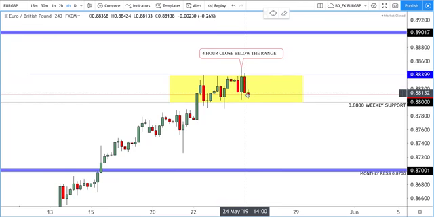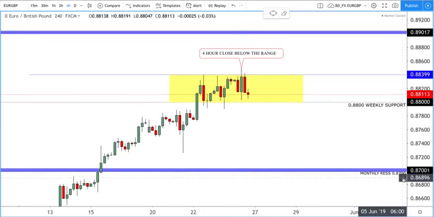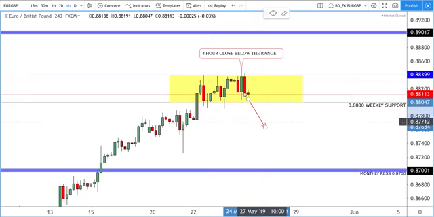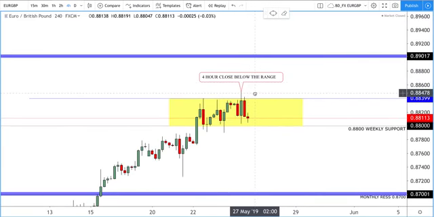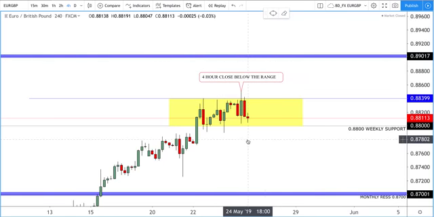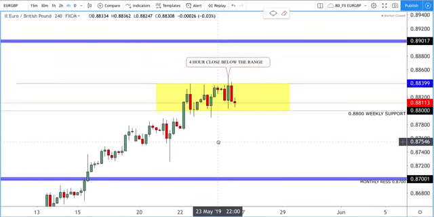Hopefully with the news over the weekend, we see a weak euro, and we can break below this level here, and then we can come down and look at coming down to 0.8700. If we do break below here and you're not in the trade, what I would be looking at, which will be a nice trade, is being patient, waiting for a retest of this level, and then from here looking at coming down. Now if we don't, and we break above this level and our stops get taken out at break even, then we're looking at coming up to 0.6900 and a continuation of a weak pound possibly.